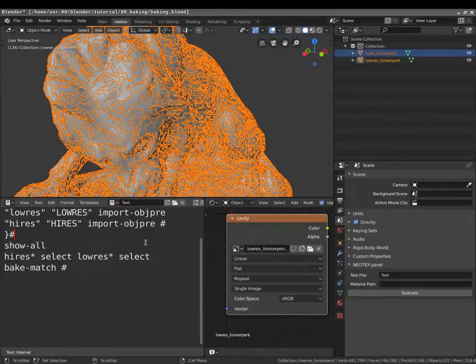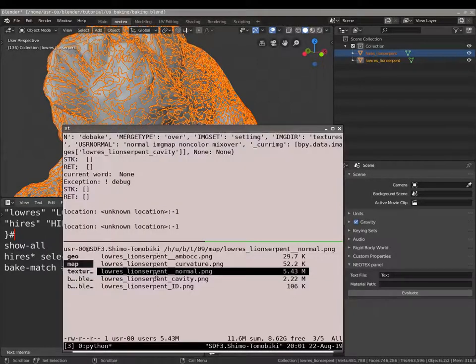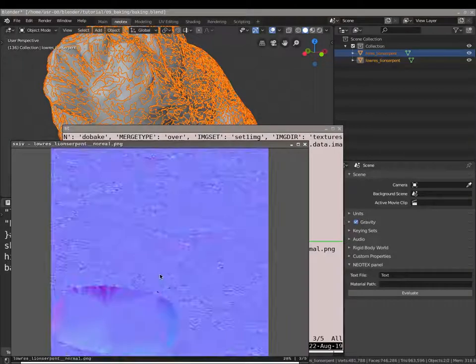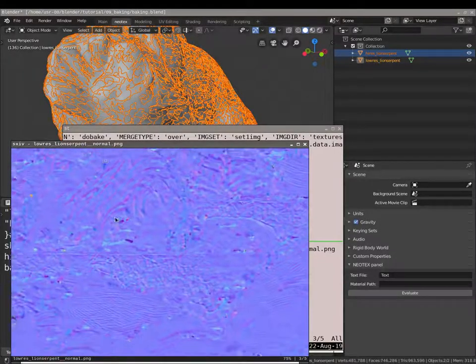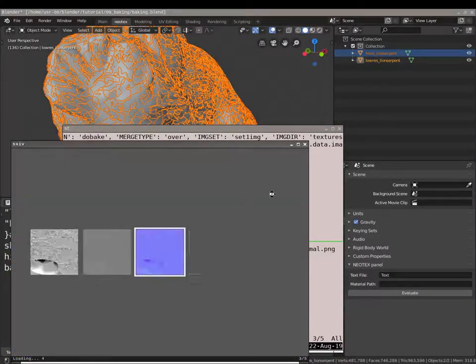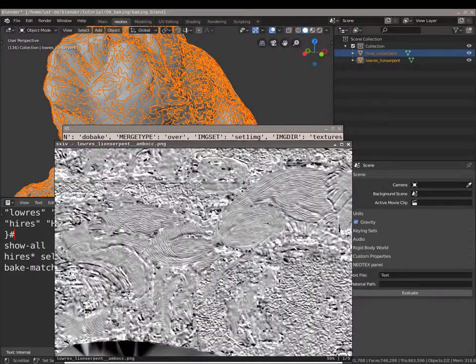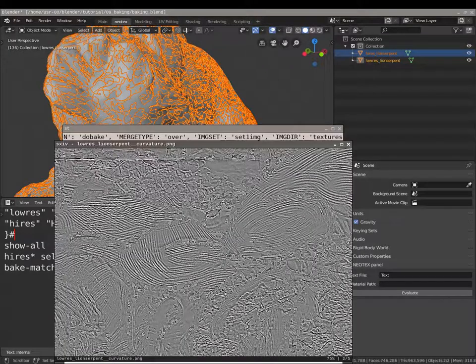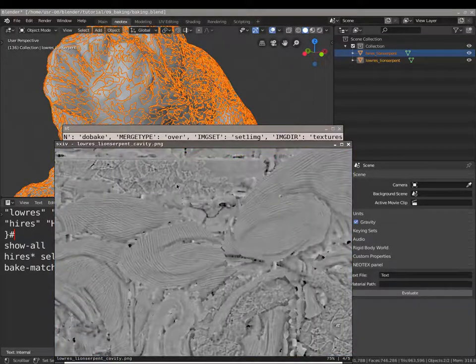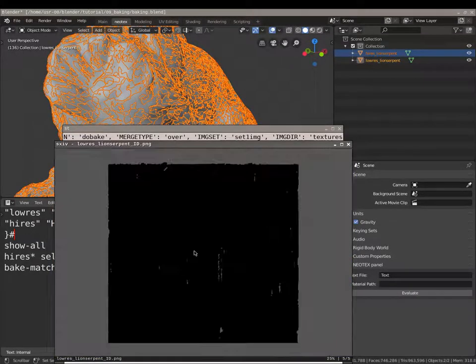Okay, so it's done baking, and we found the high-res mesh because it's named Lion Serpent. And despite having the high res and this one having the low res, it found it and it baked using that mesh. So if we see here in our file explorer, we can see that our normal is back again to the detail normal. Same thing with our other maps. So our ambient occlusion is back, our curvature is also back, same with our cavity. Our ID is still the same,